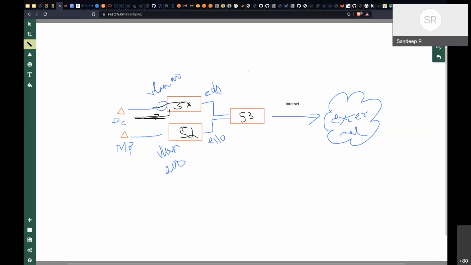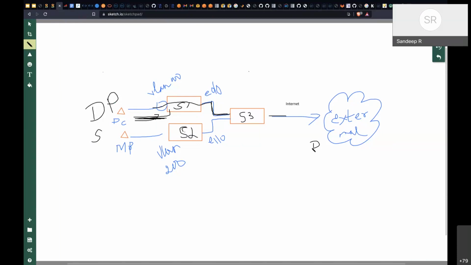The switch will do some MAC address processing, and the first time it will flood it on all interfaces. Next time it does MAC address learning and only puts it on this particular interface. The packet comes, the forwarding rule is created on the switch, and then it goes out to the next switch, and then the packet goes out. This is how a typical packet flow works in any network. This is where the data flows, called the data plane. What we just saw, the path taken by the data from its source to the destination, is called the data plane.